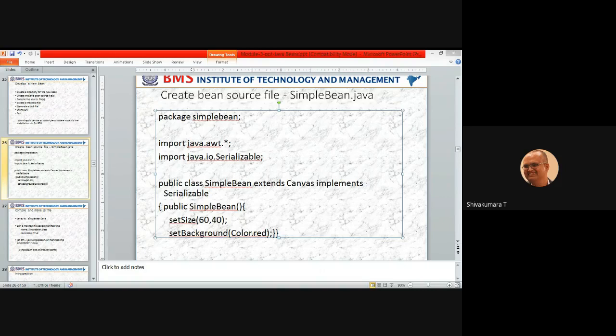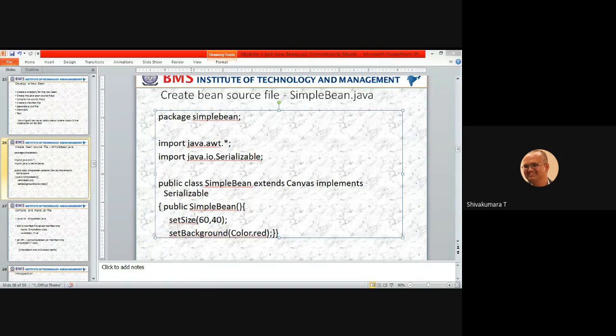I shared it in your WhatsApp group, the BDK 1.1 as a zip file. You download it, unzip it and keep it ready.